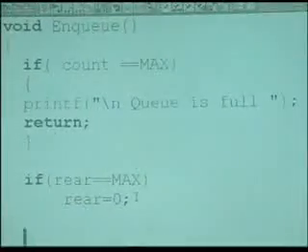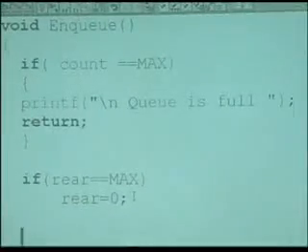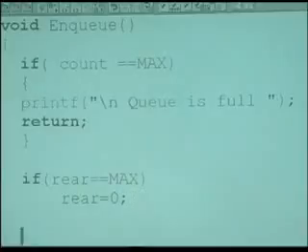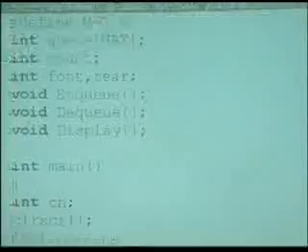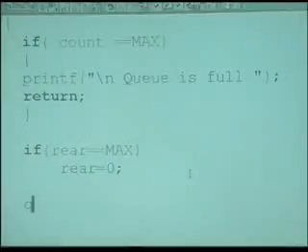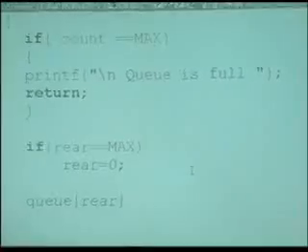We'll write. Have I declared a queue? Yeah, the name is QUEUE, Q. Here we write QUEUE, Q of rear is equal to.